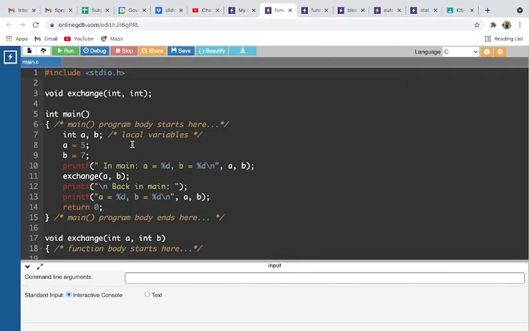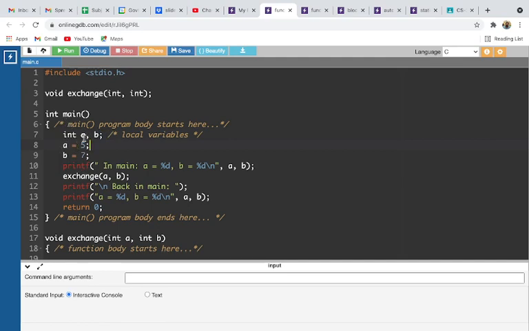Then you will understand. So I have a program. We have a function prototype that is declared. It is void return type. It is the exchange function, which has to be supplied two integer variables. Now this is the main function. We are declaring two variables. So these are local variables. We are using two local variables a and b. So these are local to this function.